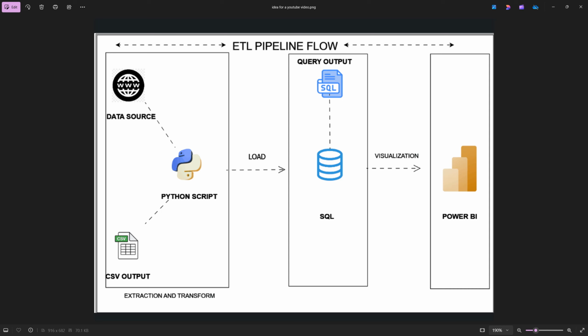I got this off LinkedIn, and I felt maybe we should build something like this. So the first is getting the data source. The data source can be from the internet or can be a CSV output. Then you would build a Python script that would transform this data source into most likely a data frame,